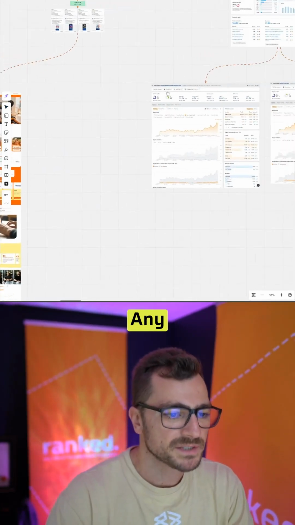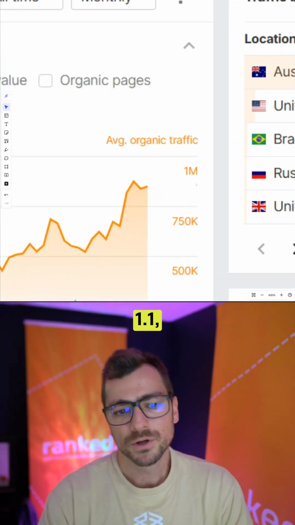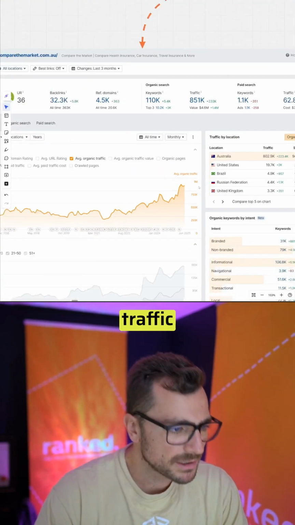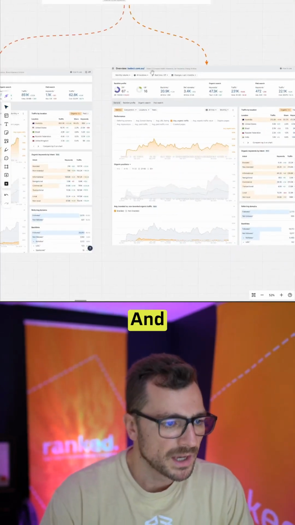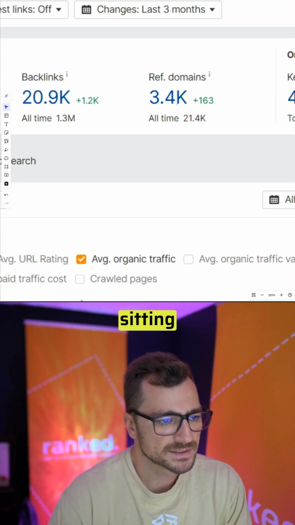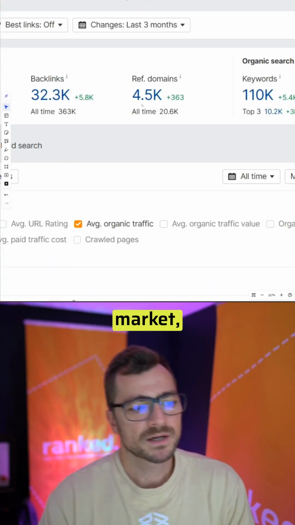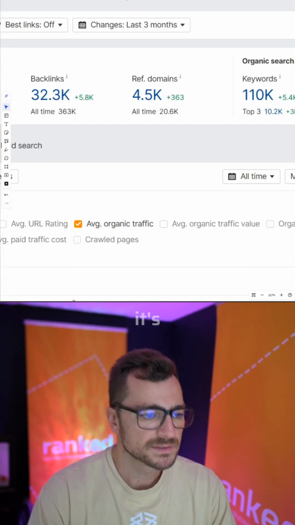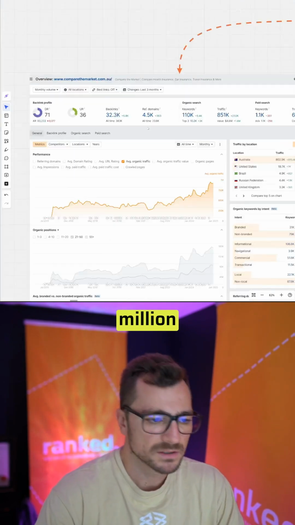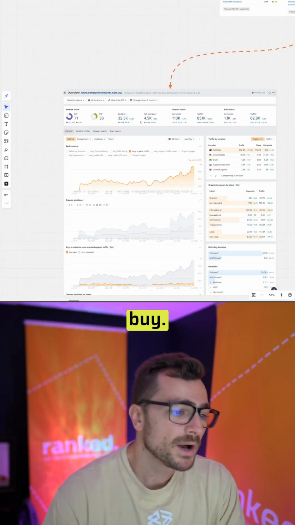Very difficult space. In any competitive space, look at this. Compare the Market is sitting on almost a million traffic from Google, another sitting on 300k with 3,400 referring domains. Compare the Market, 4,500 referring domains. And it's like this is $1.5 million worth of backlinks. Some of those backlinks money just cannot buy.